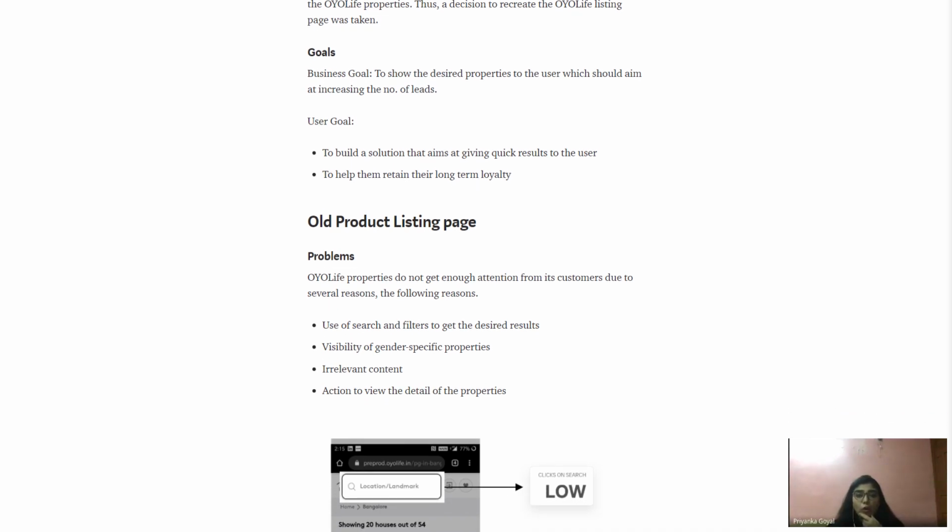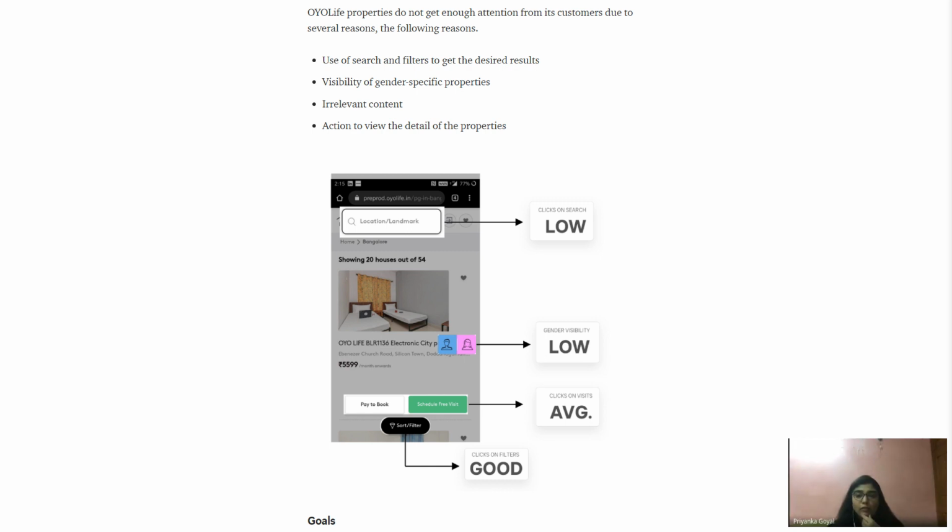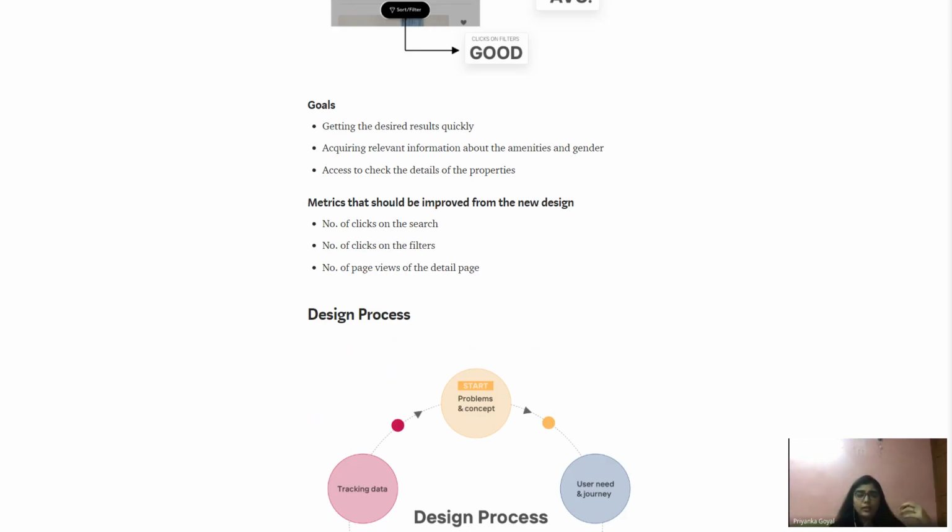Then I have given the old product listing page. I cannot show the numbers here, so I have taken this concept of showing low, average, good, so that it gives some idea to my reader that what kind of metrics it could be generating. These are some of the goals and the metrics that we are trying to chase through this project.